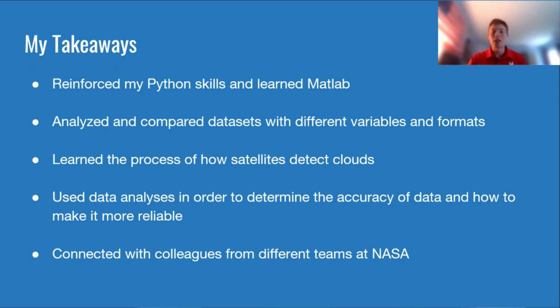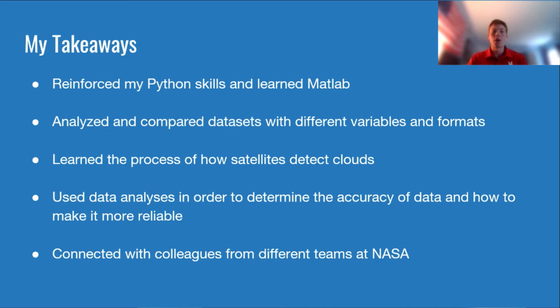The few data sets I worked with were all different file extensions. They all had different problems when comparing them. So it was really nice to get that real world experience, where it's not always easy to compare data sets, where in school they might make it seem like that, but you actually need to problem solve and think about different ways to utilize multiple databases and data sets with this information.